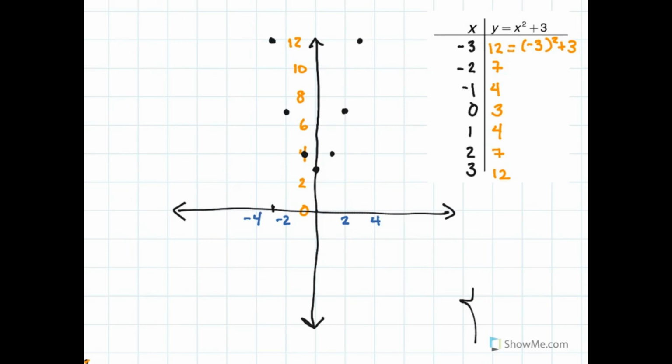I have another shape. Looks kind of like it did before, a V shape. But in this case, because it's an x squared, these aren't straight lines. Again, we have to learn the different types of graphs to really graph efficiently. So when I connect them here, I'm connecting them with a curve. This curve is called a parabola. It keeps going up like this. And we've plotted points on it, but it's hard to tell just with the table what the exact shape is. So I hope you're inspired to learn the different types of graphs.